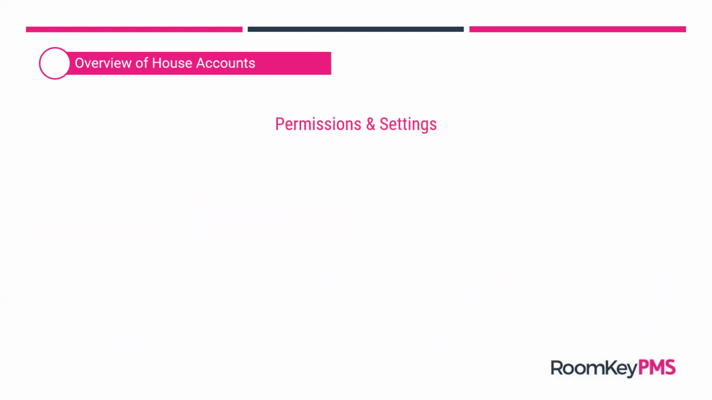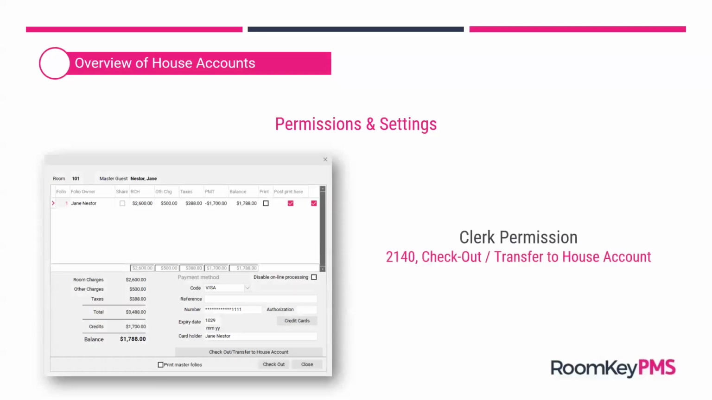Couple more things to note about this overview of these house accounts. We do have some permissions and special view settings that I would like to highlight that will help you manage these house accounts. The first one that I would like to highlight is this clerk permission 2140. This is the ability to check out / transfer to a house account. This pertains directly to our checkout procedures,